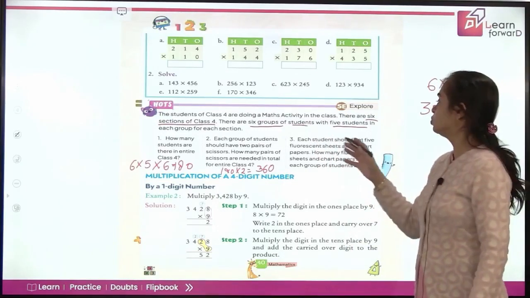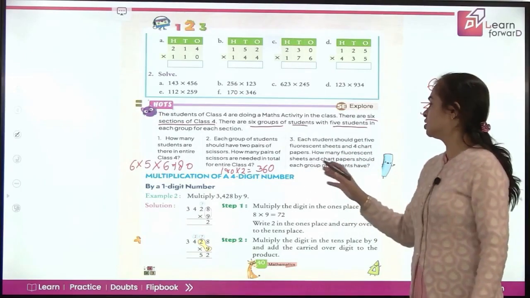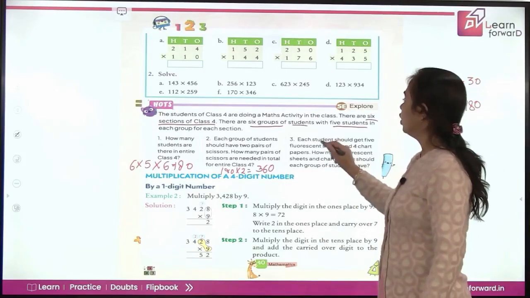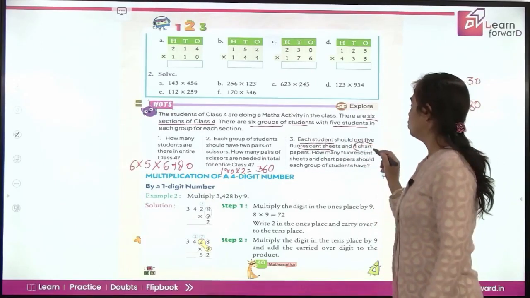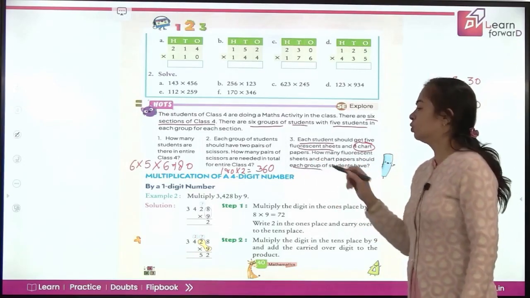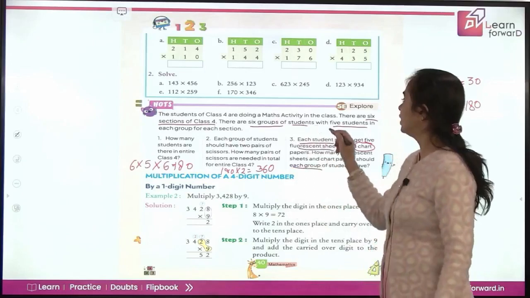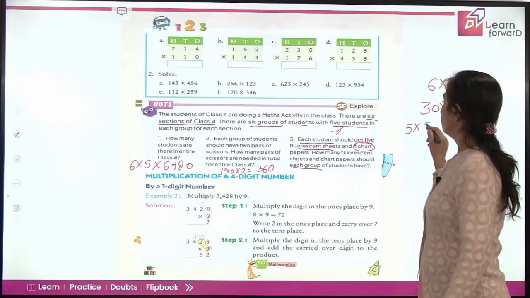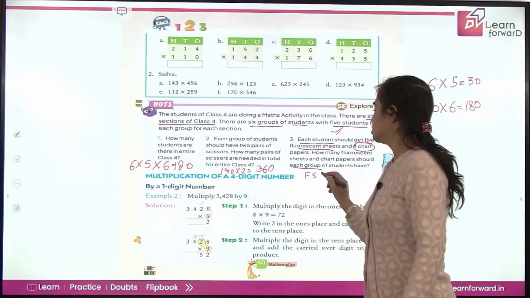Next question says each student should get 5 fluorescent sheets and 4 chart papers. How many fluorescent sheets and chart papers should each group of students have? Now, for one student, you need 5 fluorescent sheets and you need 4 chart papers. They are asking you for the total number in each group. And in each group, how many students are there? There are 5 students in each group. So, for one student, it is 1 fluorescent sheet. That means for 5 students, how many fluorescent sheets in one group is